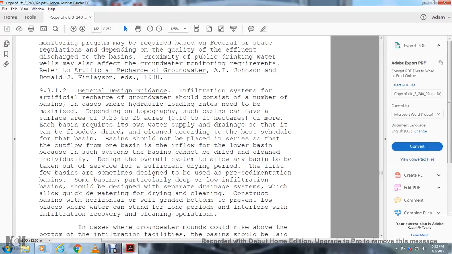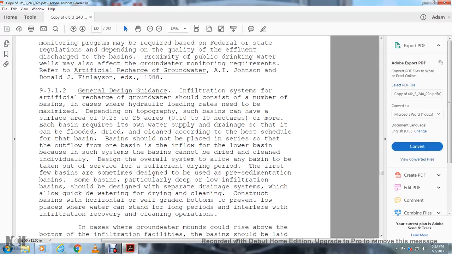The basins should not be placed in series so that the outflow of one basin is the inflow for the lower basin, because such a system of basins cannot be dried and cleaned individually. Design the overall system to allow any of the basins to be taken out of service for a sufficient drying period. The first few basins are sometimes designed to be used as pre-sediment basins. Some basins, particularly deep or low infiltration basins, should be designed with a separate drainage